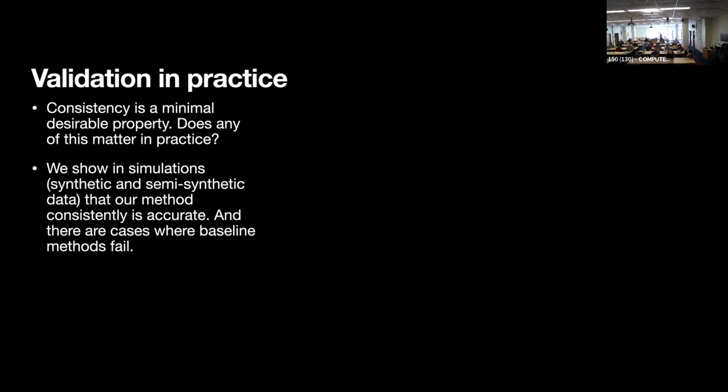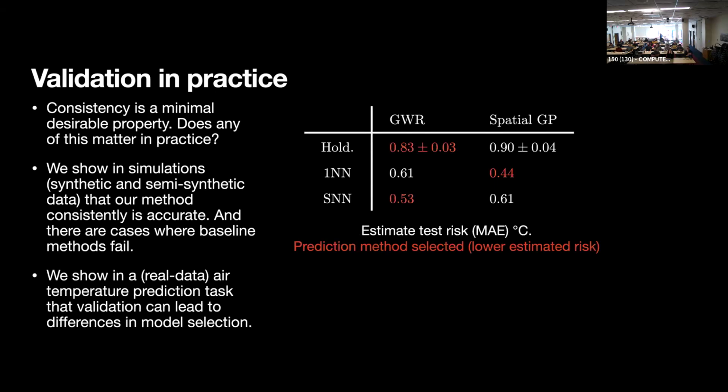What I want to talk through is the more interesting question, I think, which is what happens in real data and whether any of this matters. Because you can imagine, if you look at real data and all the methods either return the same estimate or at least rank different ways of making predictions the same, then maybe none of this matters. So we look at an air temperature prediction task, where the goal is to predict air temperature based on